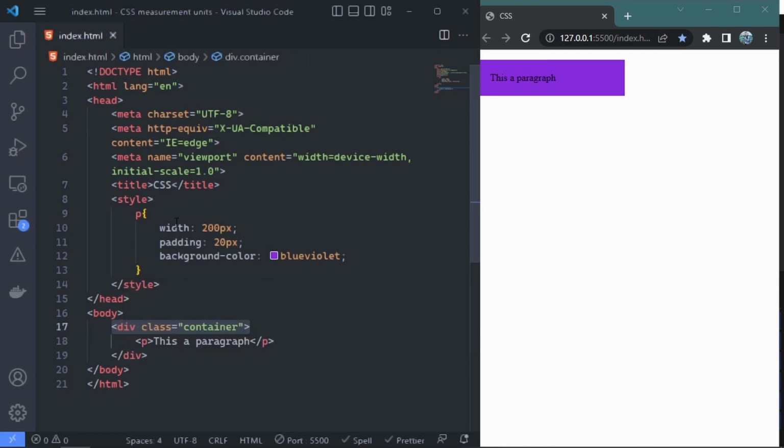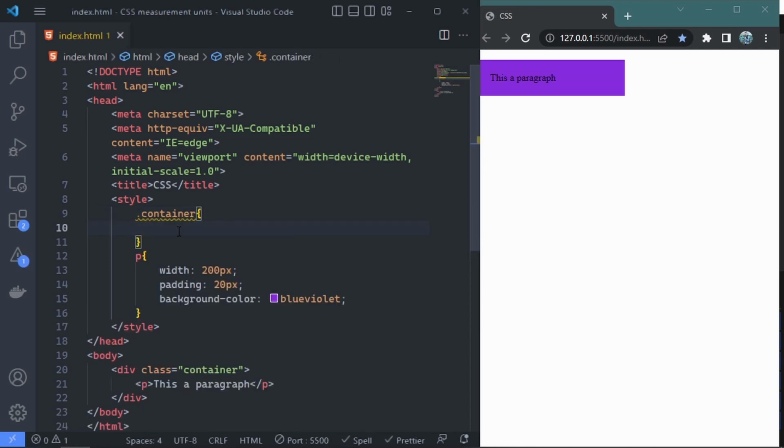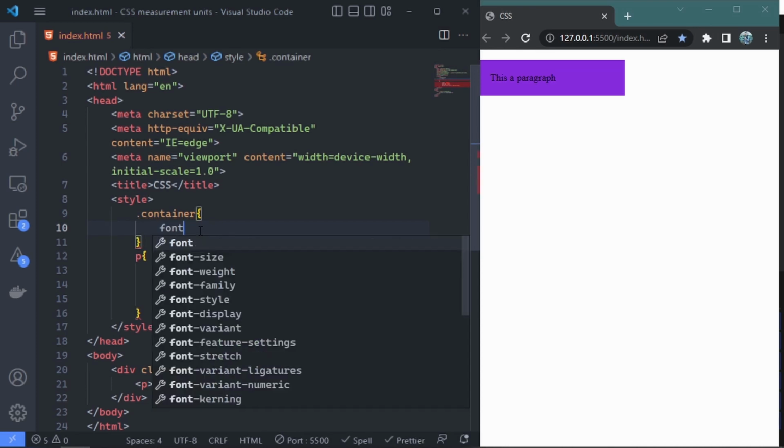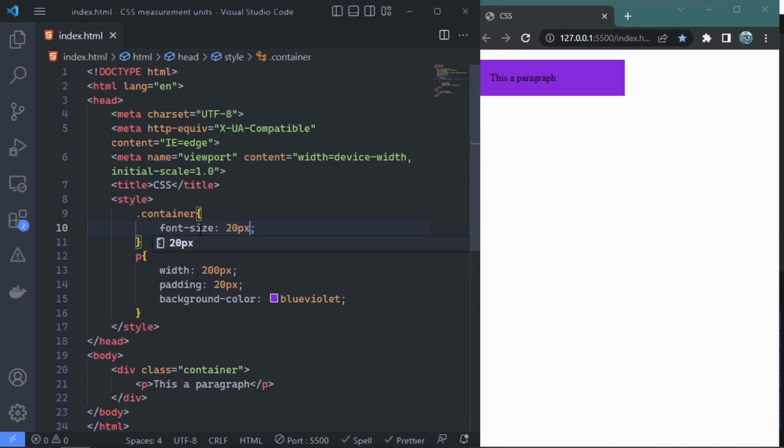So for example, let's leave the paragraph in this case, and I'm going to select the container div. So as dot container. So we'll select this container div, and let's say we'll give it a font size. Let's just give it a font size of, let's say, 20 pixels. Yeah, no problem. Font size of, let's just say, 20 pixels. Okay, so